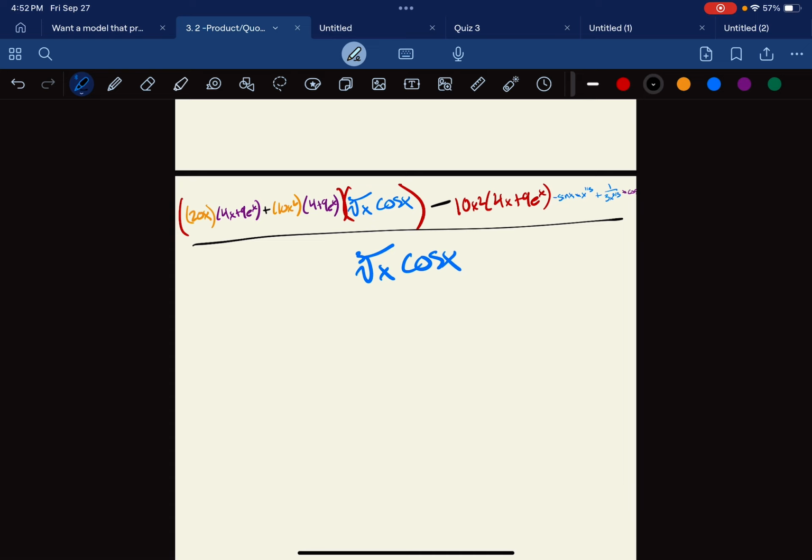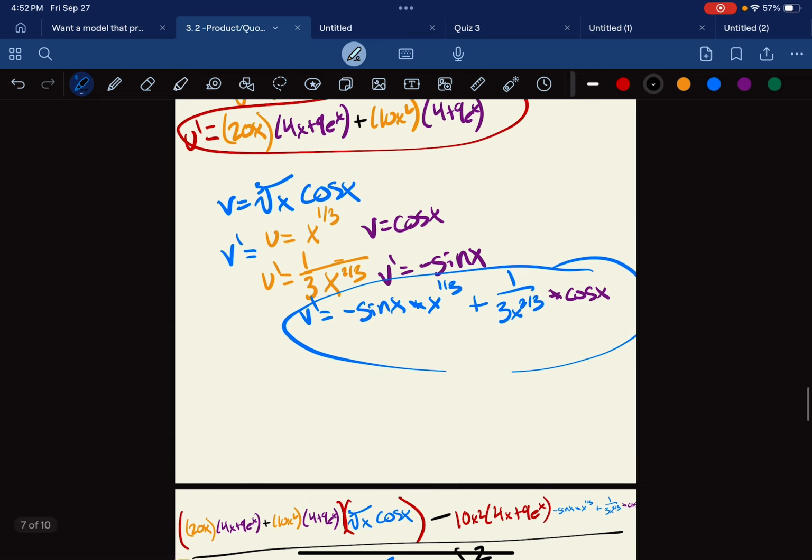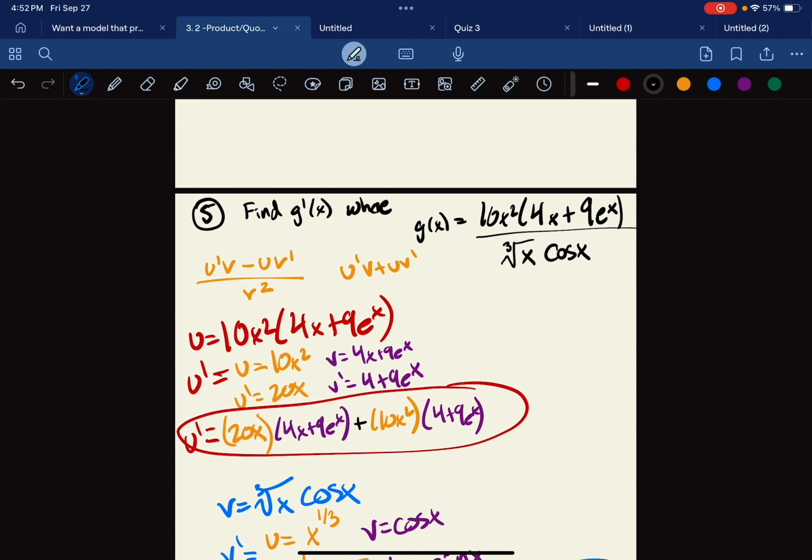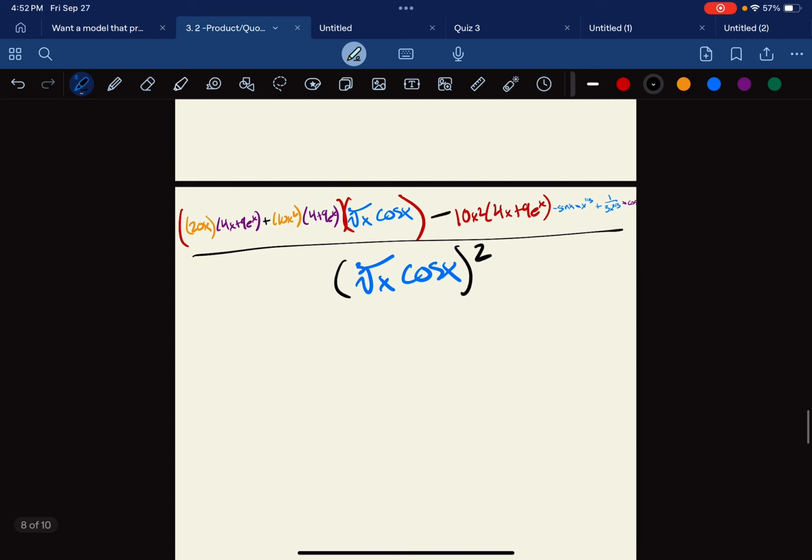And then we just square the whole thing. So very time consuming, a lot of places where you could potentially trip up. But if you just take it step by step and keep a cool head, you will be totally fine. It's really just product rule and quotient rule, and they happen to be in the same problem. So just leave yourself enough time on quizzes and exams to work through problems like this, and you will be